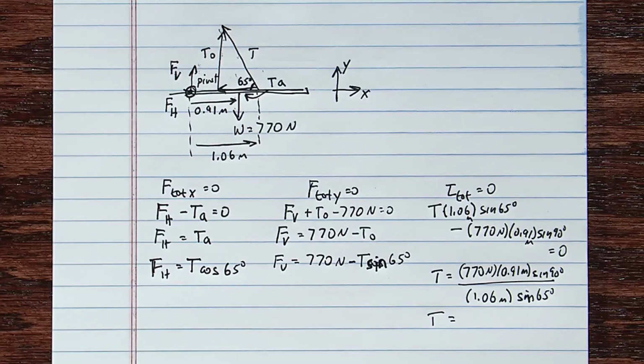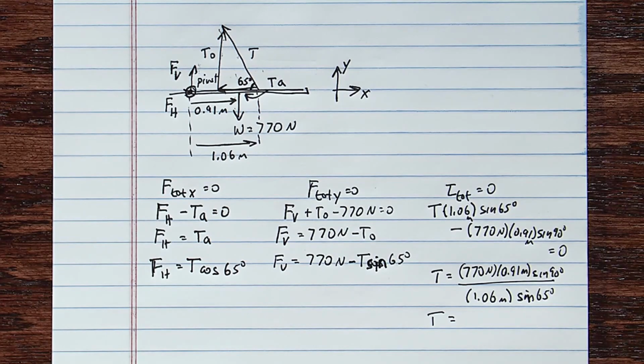770 times 0.91 times the sine of 90. I don't really have to do sine of 90 because we know that the sine of 90 is 1. So we're just multiplying by 1,